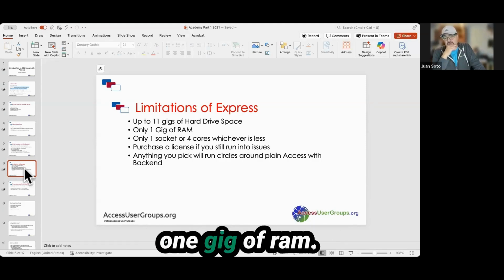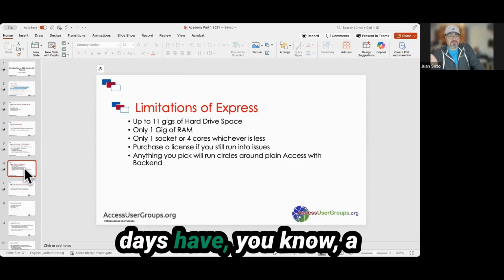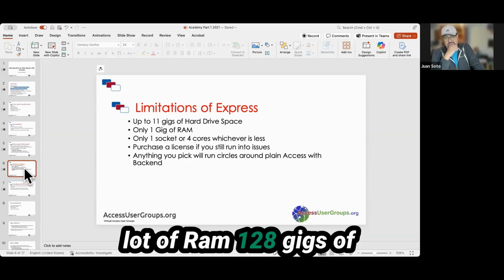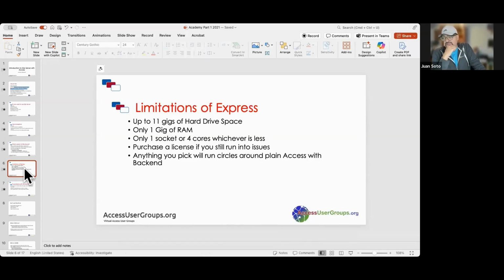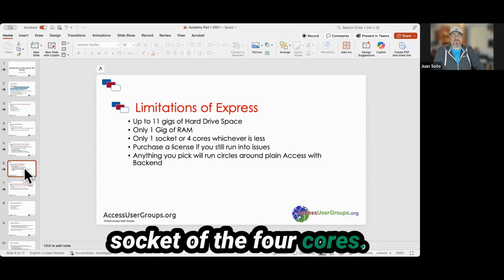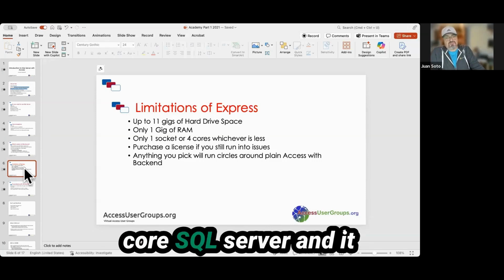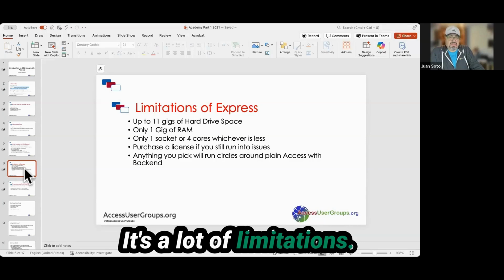It only uses 1 gig of RAM. Most servers these days have a lot of RAM, 128 gigs, 256 gigs. Express only uses 1 gig, and it only uses one socket or 4 cores. So you can have a 20 core SQL Server, and it only uses one socket. It's a lot of limitations.